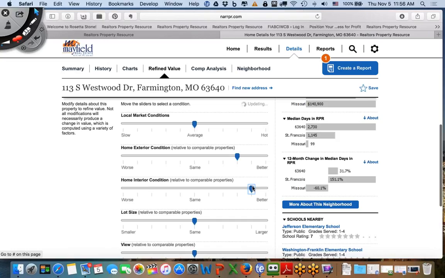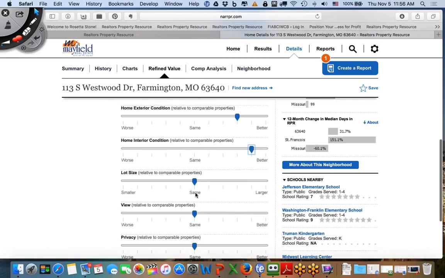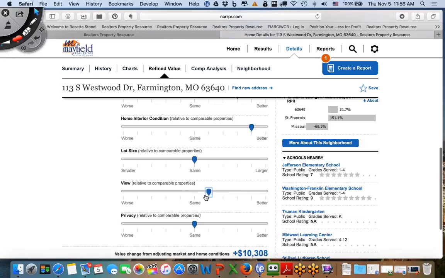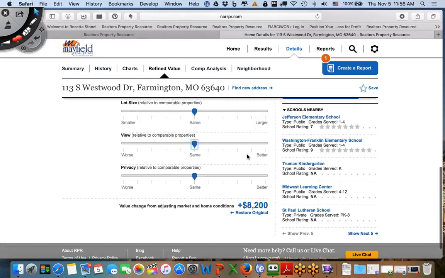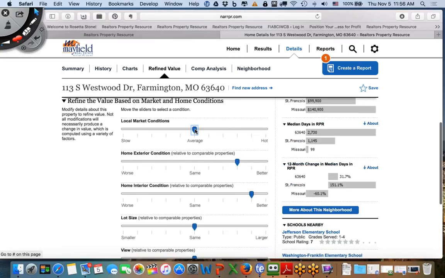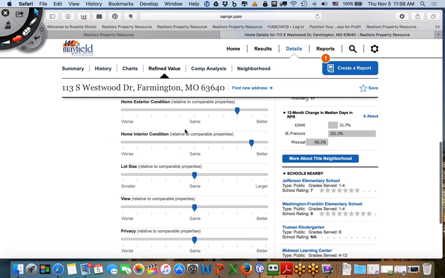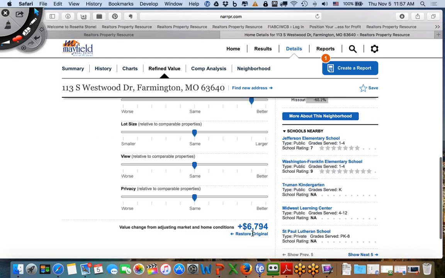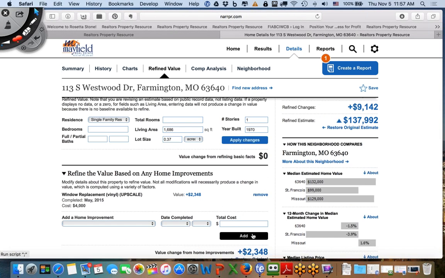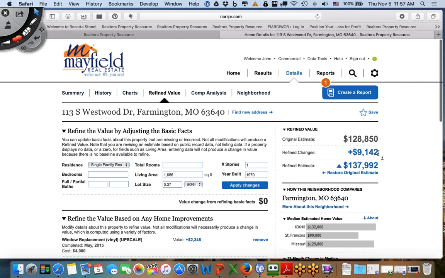And you could be conservative on these. You can adjust the lot size and the view and the privacy. And look what's happening. The computer's making adjustments. So now we've made some adjustments, and I can even say, well, maybe the market conditions have dropped off a little bit. See how it's taken that into consideration. And the computer's doing all of that calculating for you. So now we've come up with an adjustment, and I've incorporated what they've done to the house,